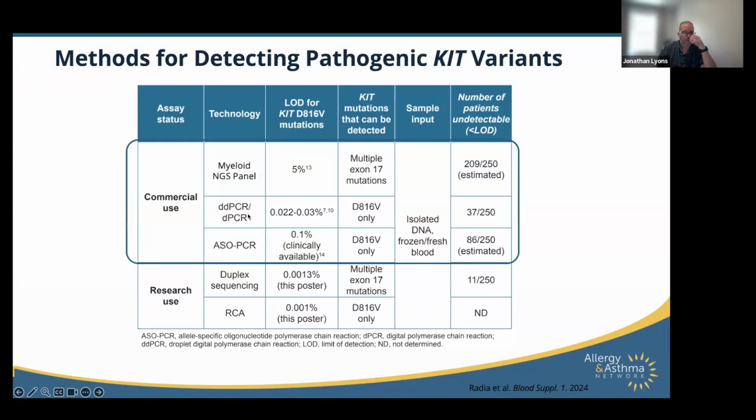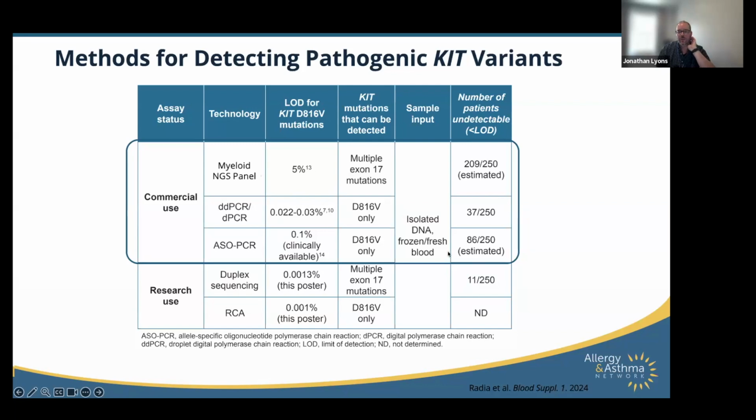The advancement really recently in technology, really in the last maybe 5 to 10 years, is the development of something called droplet or digital droplet PCR. This is a much more sensitive technique, and it's the one that should be ordered currently when we're looking for D816V, and it's available pretty much at every major clinical laboratory now. And you can see, again, we're doing a factor of 10 better, roughly, than the allele-specific. And that's the best we can do right now, with a lower limit of detection usually reported out at about 0.03%. And that actually does pretty well.